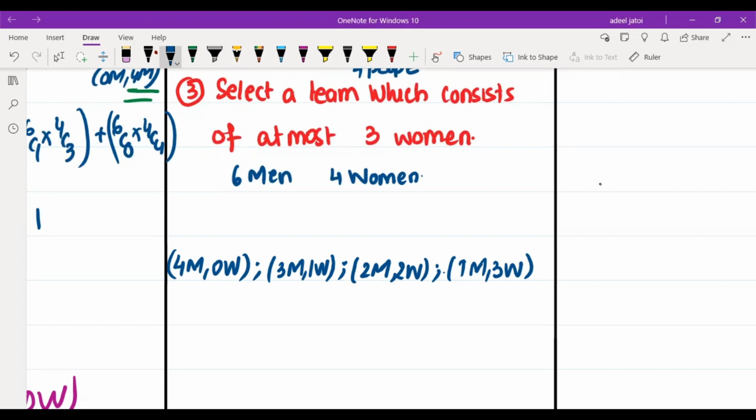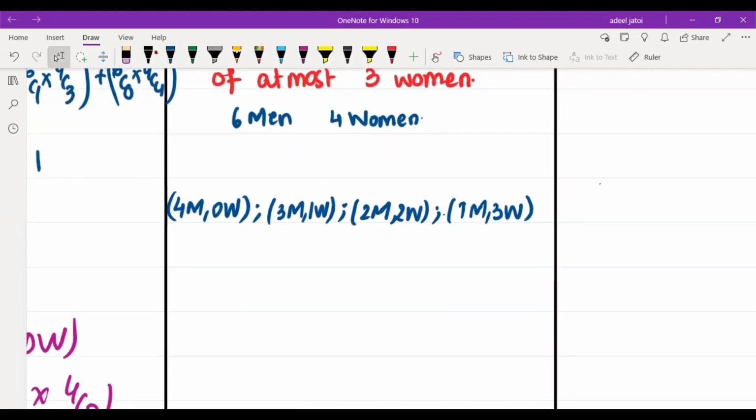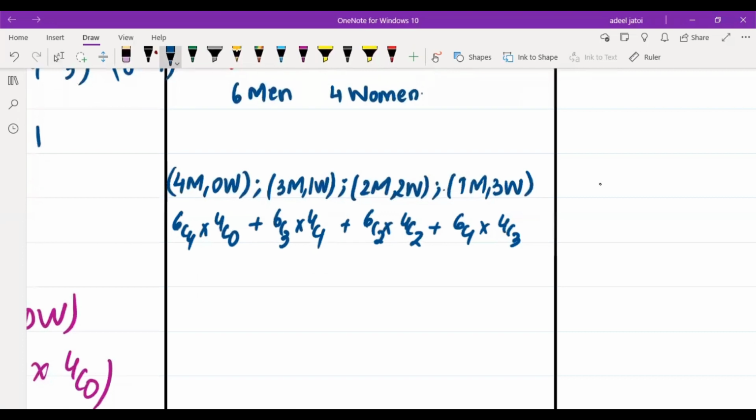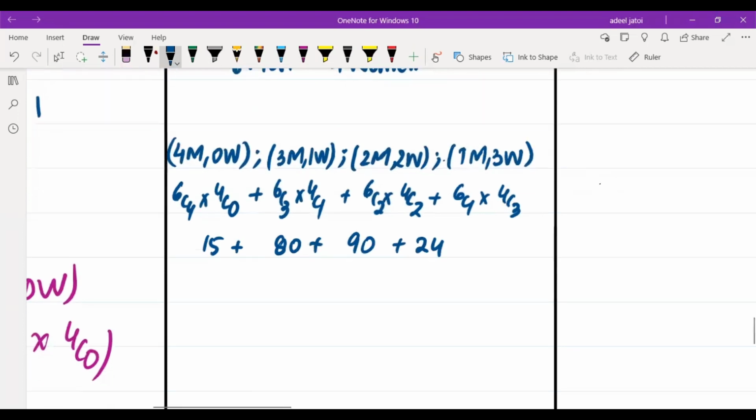So if we work through the solution, this should be 6C4 multiplied by 4C0 plus 6C3 multiplied by 4C1 plus 6C2 multiplied by 4C2 plus 6C1 multiplied by 4C3. If we add this up, this should be 15 plus 80 plus 90 plus 24, which should be equal to